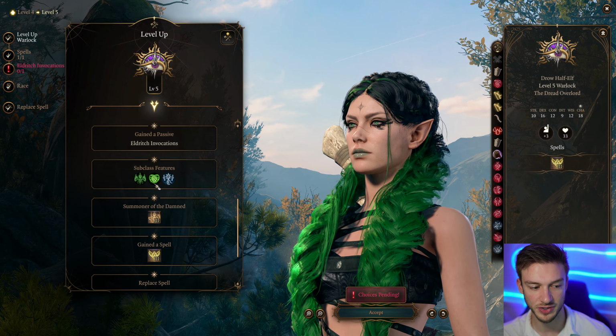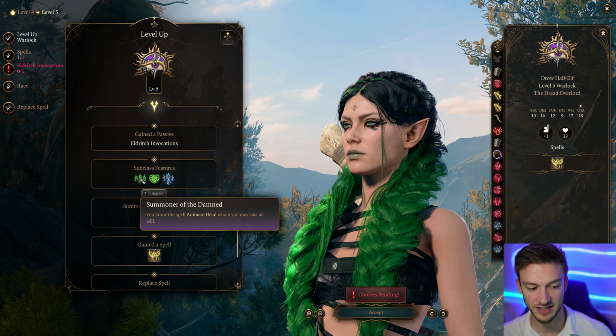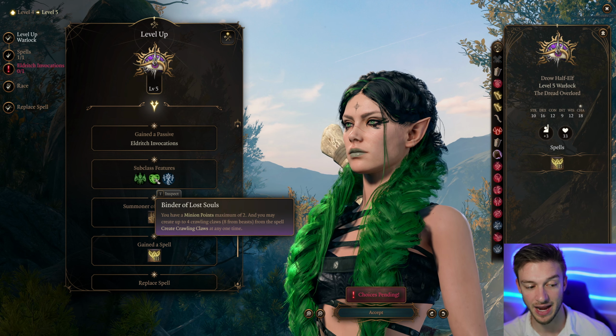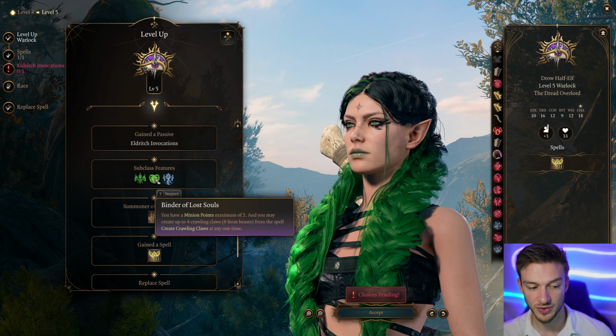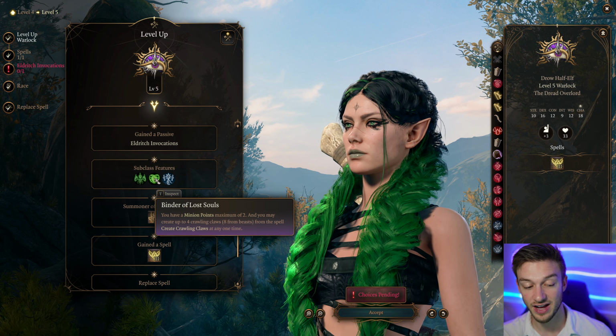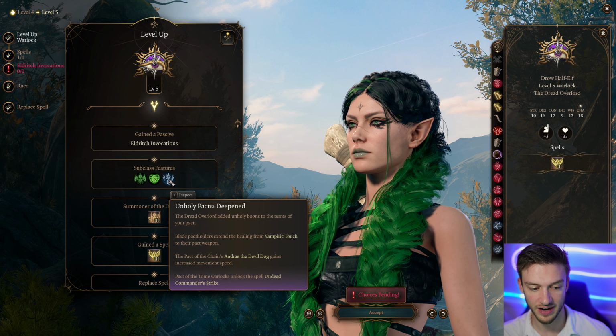level 5, which gives us the Summoner of the Dead. You know, the Animate Dead spell, which you can cast at will. Binder of the Lost Souls. You have minion points, maximum 2, and you can create 4 Crawling Claws or 8 from Beasts. And we get our